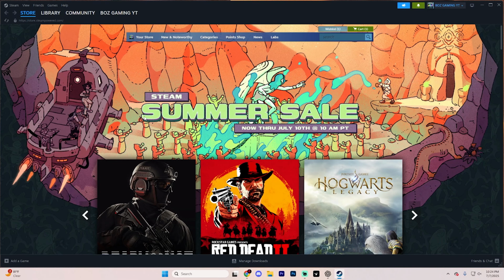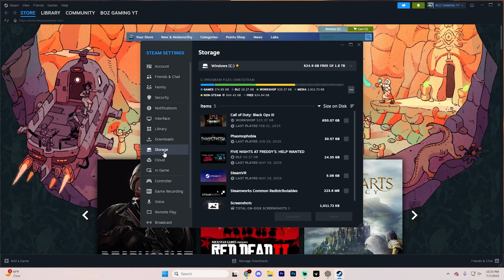Once Steam does reopen though, click Steam in the left corner again, and then this time go into settings and find storage. Open it up and find your game drive just like so. Mine is already selected up at the top, but you may need to manually select yours. From here, click the three dots right here and hit repair library, and it's going to load for a second